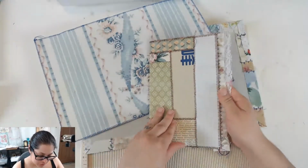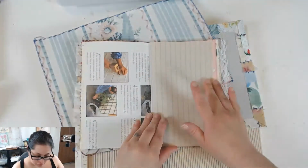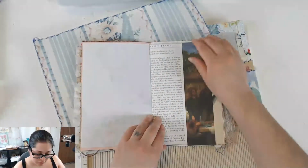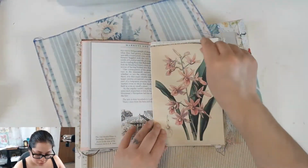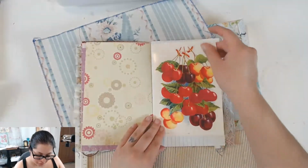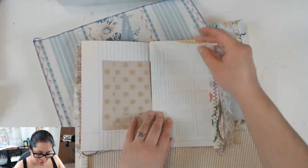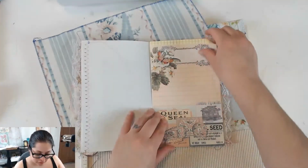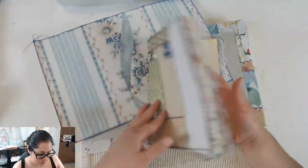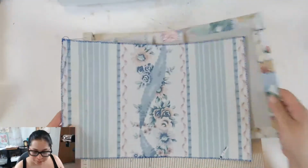So this paper is like this. This is right faced up. So it doesn't matter. Okay, we're good. At any point, I could just make a mistake of putting in a page upside down. So I am always checking to make sure we're all good. Some pages don't really matter, but some do. Okay, so all my signatures, I've done the first check, and they're all good and straight. So now